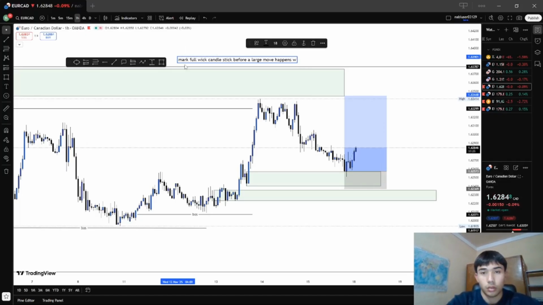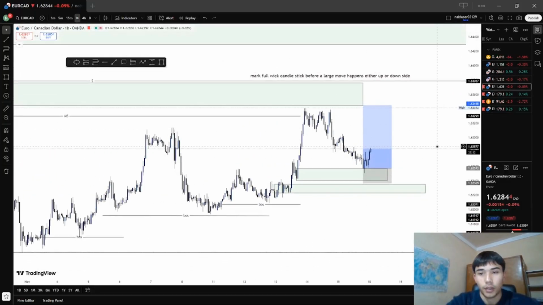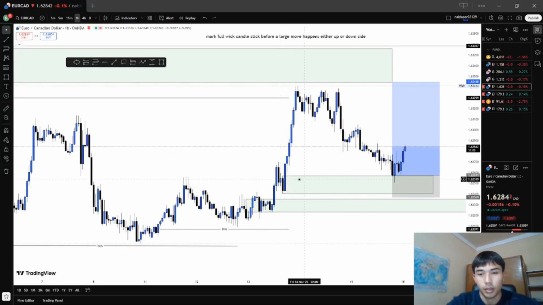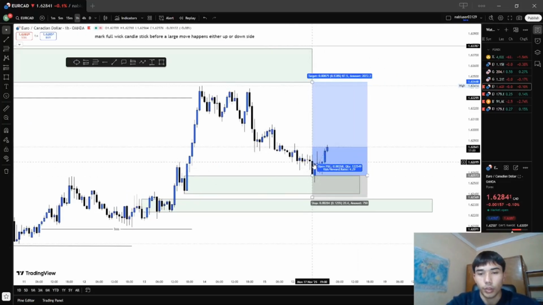either up or bouncing. All right. So yeah, we have exactly this reaction. So I marked out the last candlestick from the up and down week. What do you call this? Whatever. You get the point though. So we respected it